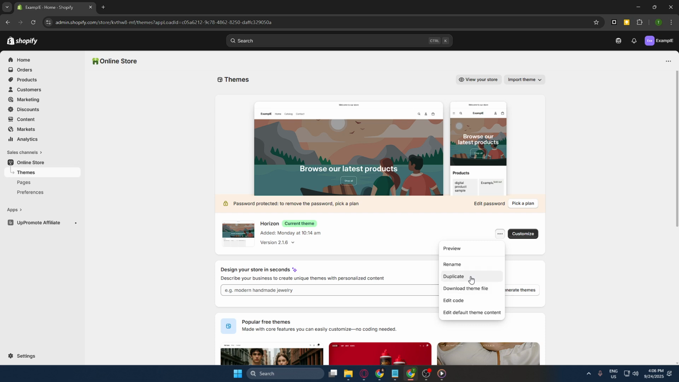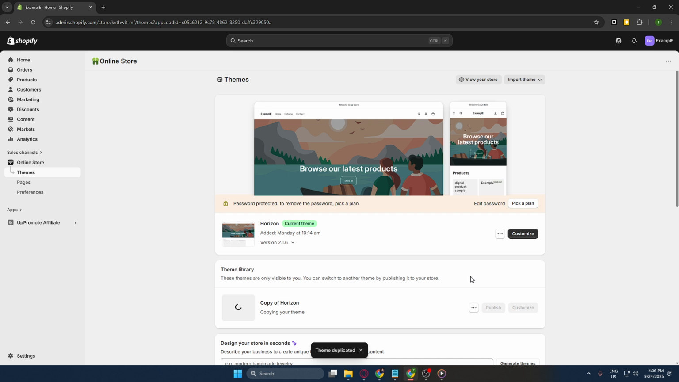By selecting duplicate, Shopify will create an exact copy of your current theme. This is an excellent option if you're planning to make changes to your store's design. By working on a duplicate, you ensure your live site remains unaffected while you test or develop new looks. Having a duplicate is like having a safety net, giving you the freedom to explore and innovate without compromising your